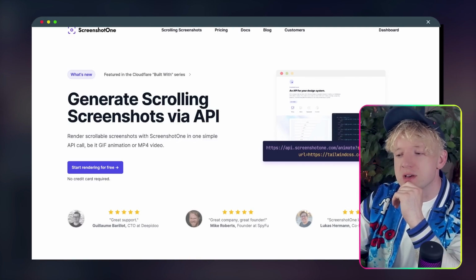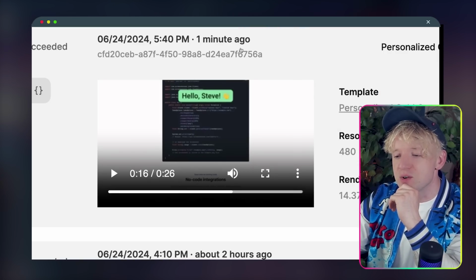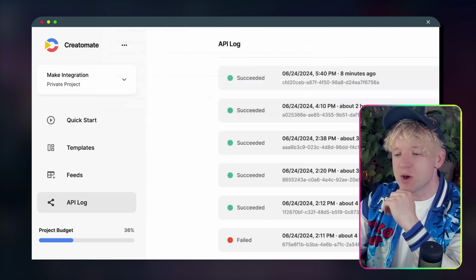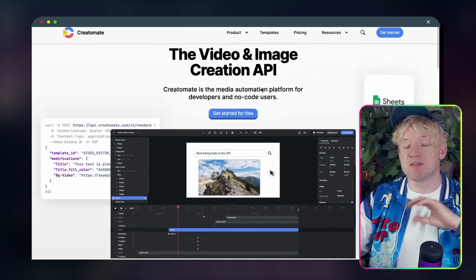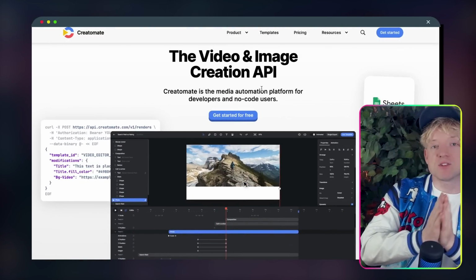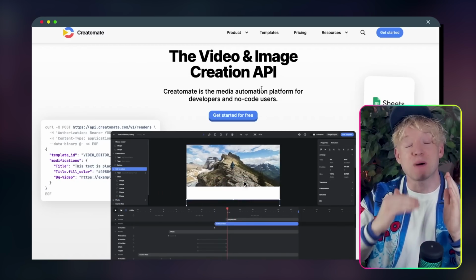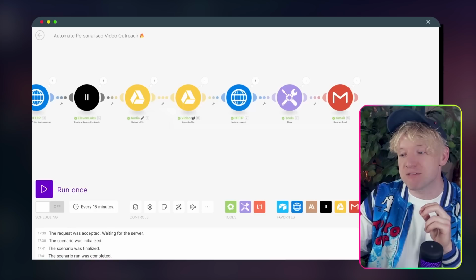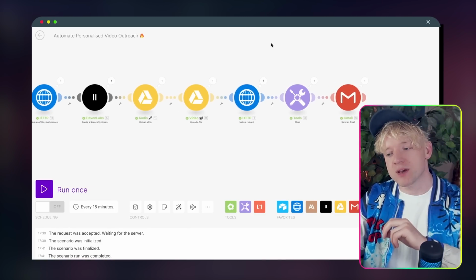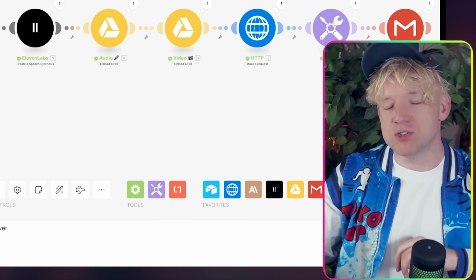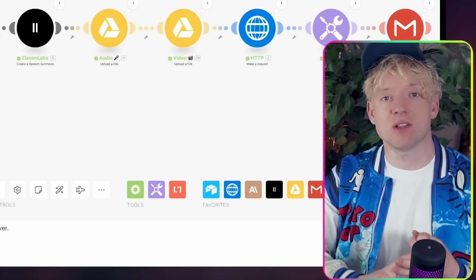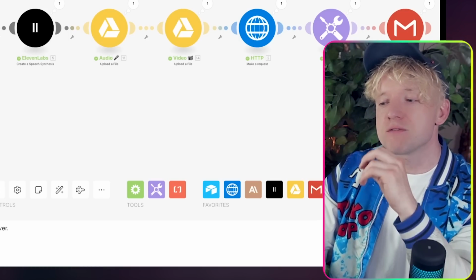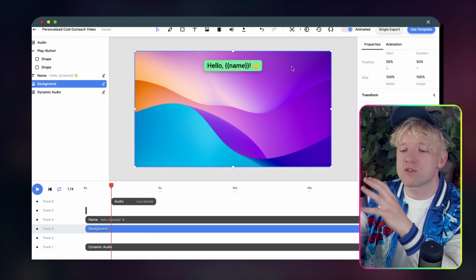And then the other one we're going to use, which I'm really excited about, is something called, let me just open this in a new tab, Creatomate. Now Creatomate is a really cool plugin. Basically, it's a video and image generation API. With this we get to specify things like audio, video and text, and make it super configurable so that we can feed it input in our automation. Imagine this: I say to you, you can give me any video you want, any text that you like, and any audio that you want. And we create that in our automation, and think of this as the ultimate